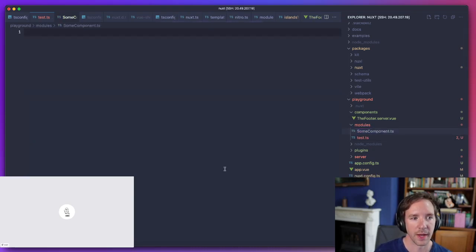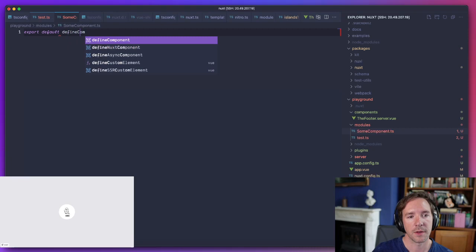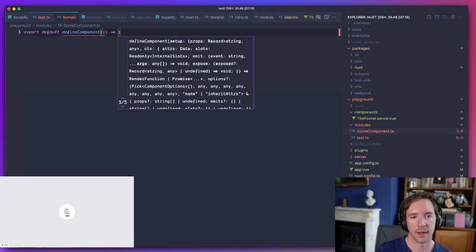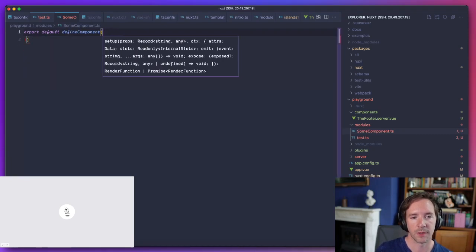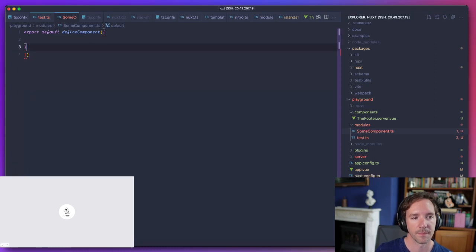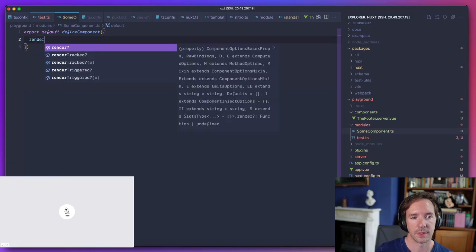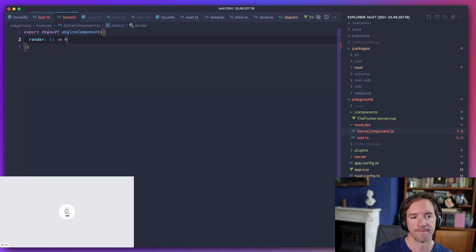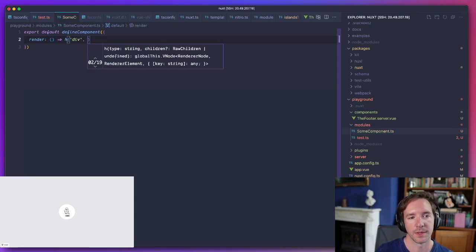So in fact, here's an example. You could do export default defineComponent, and this is just a Vue component that renders a div with some text in it.